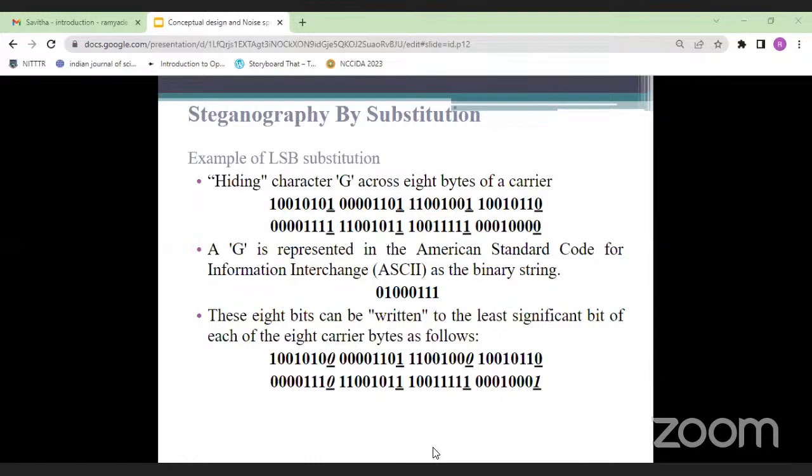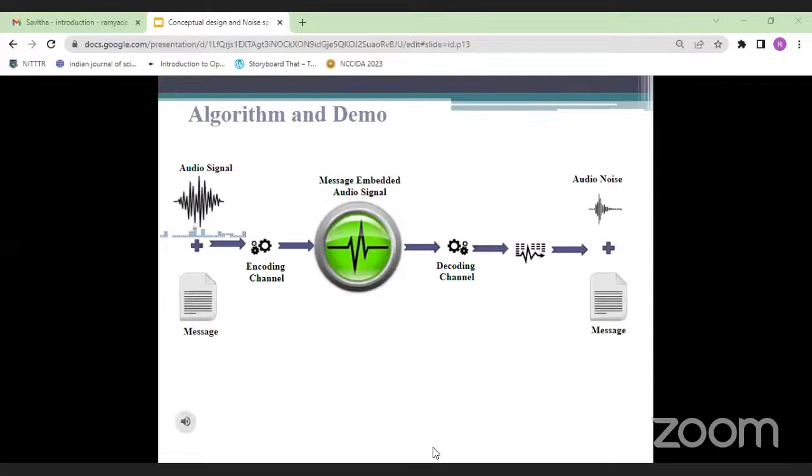In each and every least significant bit of each byte of the host information, it can be replaced with this G character. Let's see the result after applying the LSB substitution. We'll have a live example. We used MATLAB.